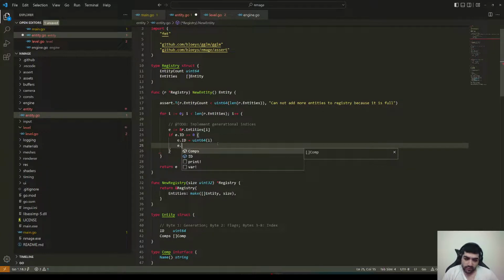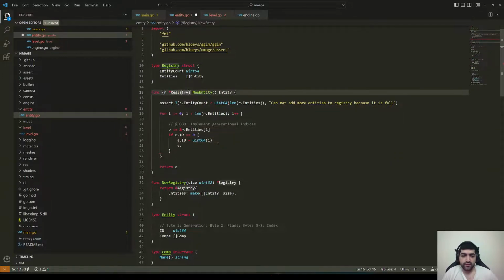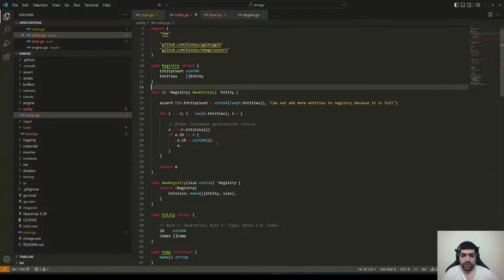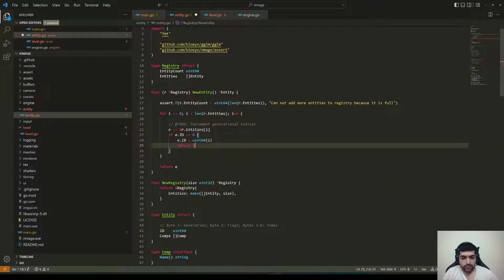Yeah, when we reset it to 0, we just set an empty thing. And since this is the registry, we'll always give you a pointer. Since the registry owns this data, if you want to edit the entity, you work with the pointer. Yeah, that's why it was confusing. Then we can just return